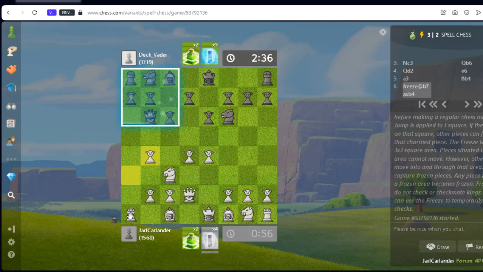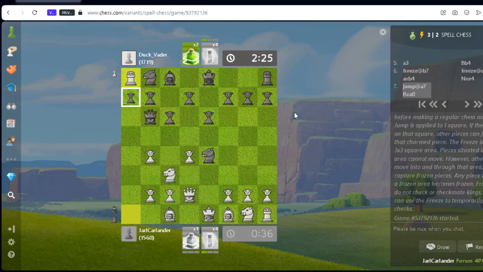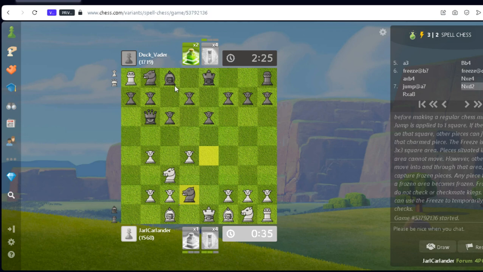Now he's going to freeze my rook and then try to jump me, I guess. And I'm sort of counting on having some good in-between move. I can't freeze him. So all I can really do is take the rook. I can't take the bishop on the next move. But should I take here? Yes, because...